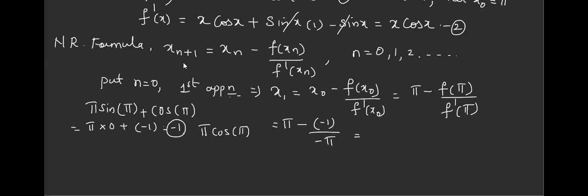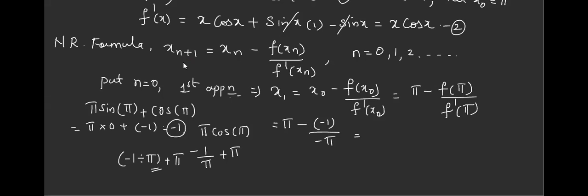I'll just tell you how to take it in the calculator. This is now minus into minus plus, divided by again minus pi. You first calculate 1 by pi and you can attach a minus to this, or take -1 by pi, then plus pi. Take it like this only in the calculator, carefully. You can take a bracket: -1 divided by pi, then like this. This is the correct calculation.